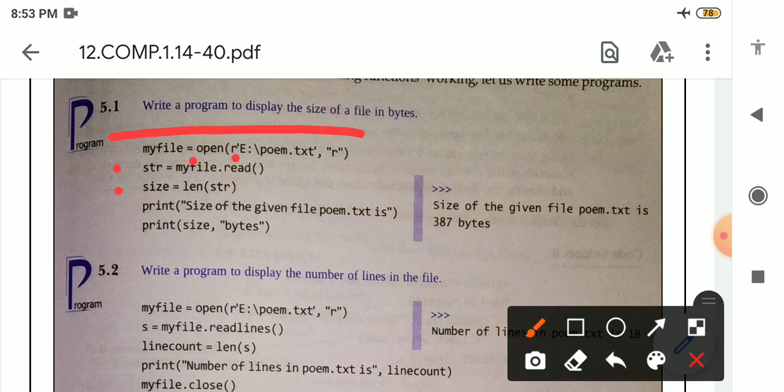So in next line, size. Question is given, we have to display the size. So one more variable is created. The variable name is size. Then assignment operator is there. Then len. Len is the function, and inside this function we will write str, because we want to display the size of a file, and the size of file is stored inside str. So inside len parenthesis we will write str,